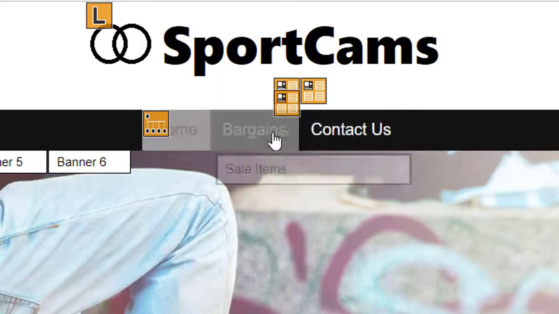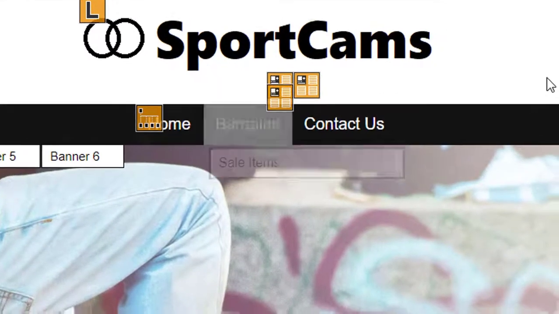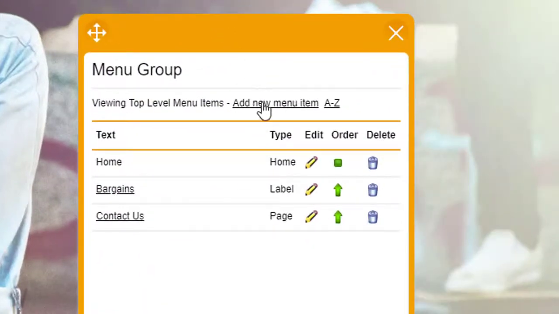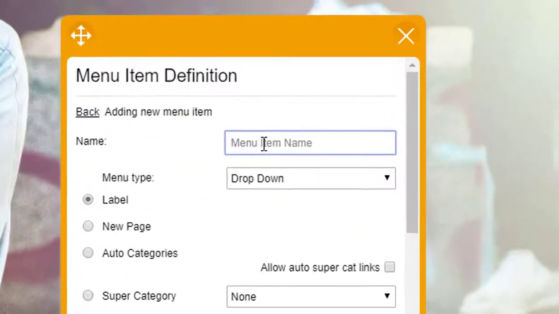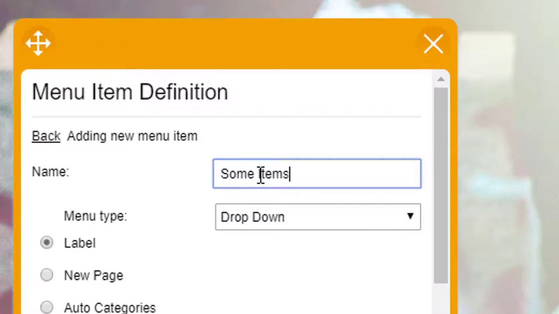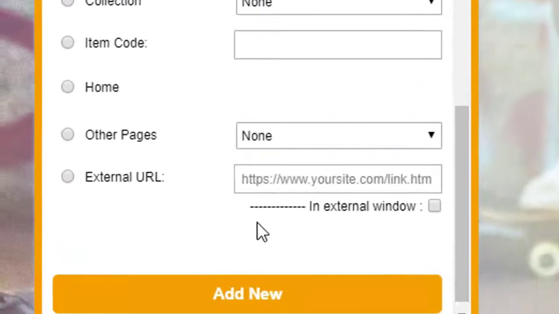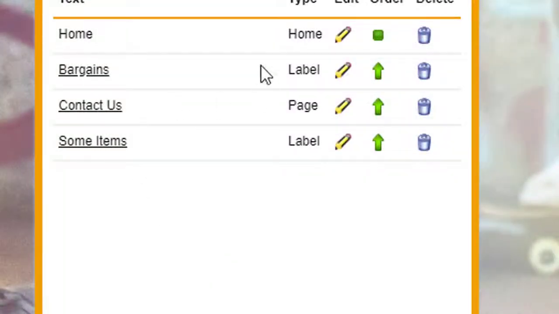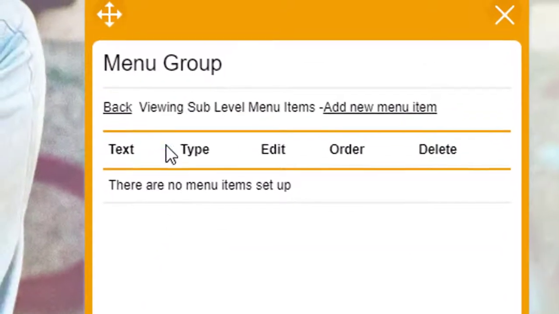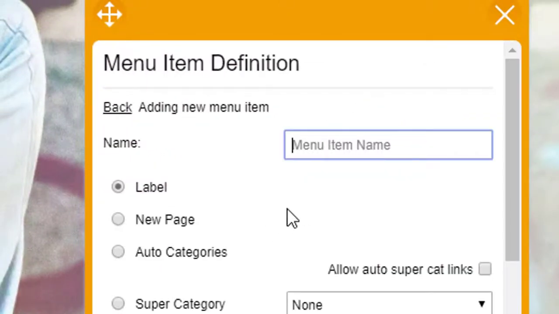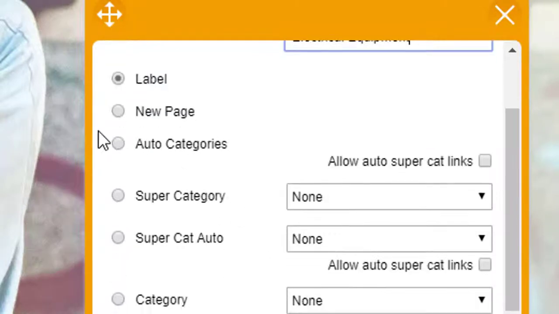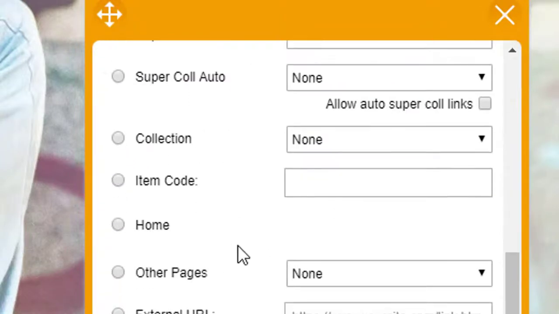But of course now there's no way of navigating to those categories, but we can just create our own menu items. So let's do some items, and we'll have this as a label, add new, and if I click on some items, let's create another label in here. Let's call this one electrical equipment. Oops. Electrical equipment, and again I'm just going to have that as a label,